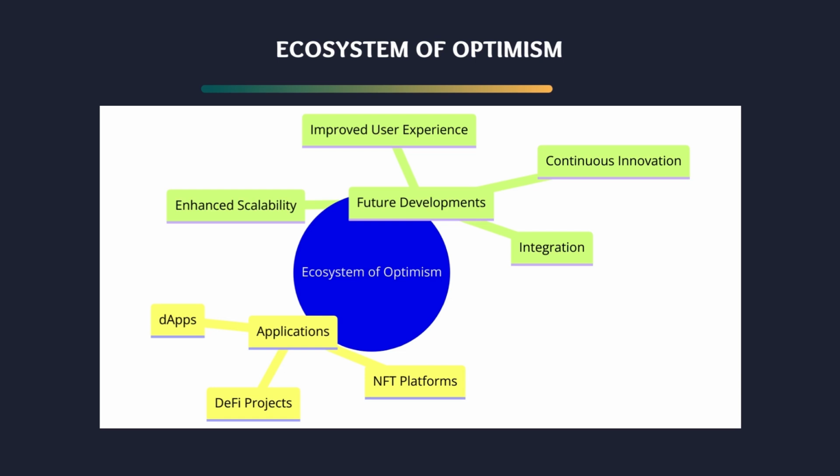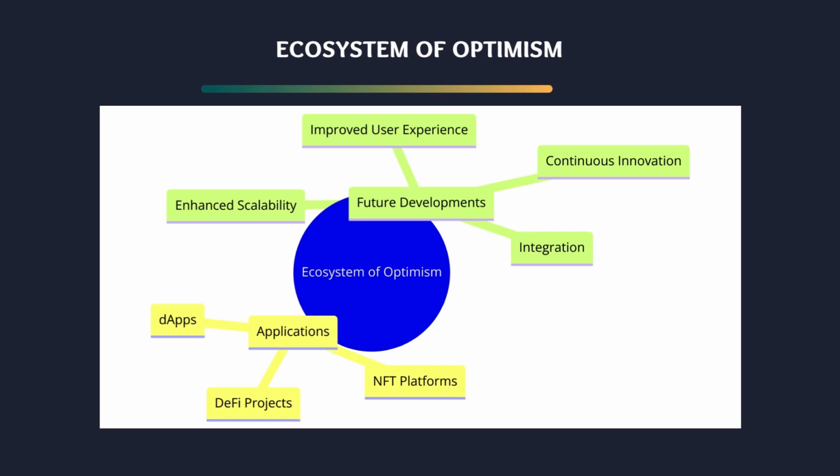Optimism aims to further enhance its scalability. By continuously refining its technology, it seeks to handle even greater volumes of transactions, supporting the growing demand from an expanding user base. 2. Improving user experience is a top priority. This includes making interactions more intuitive and seamless, reducing friction for users, and enhancing the overall accessibility of applications built